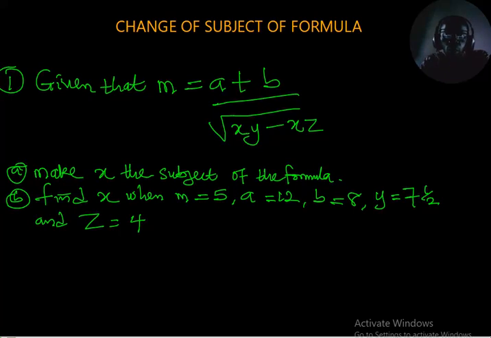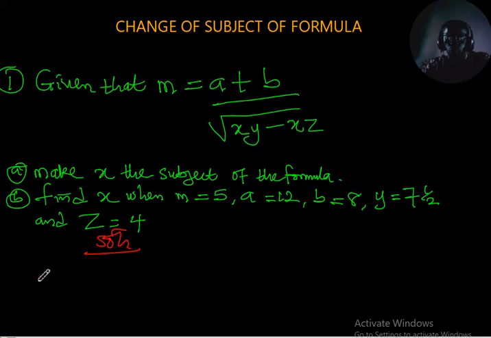You are given that m equals a plus b over the square root of xy minus xz. Make x the subject of the formula a, and b. Find x when m equals 5, a equals 12, b equals 8, y equals 7.5, and z equals 4. So the first thing we need here,